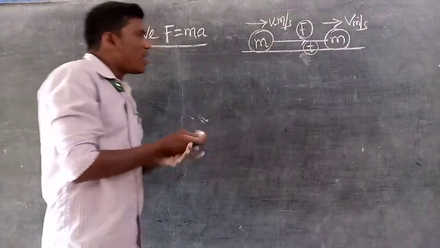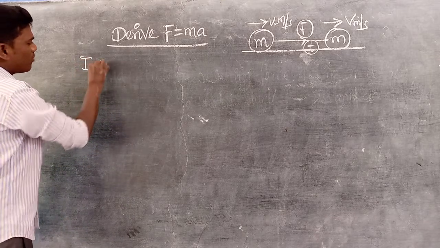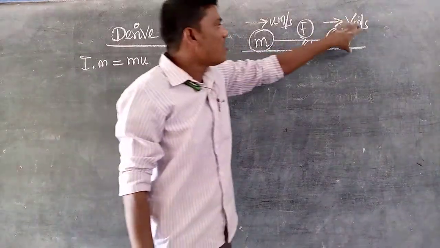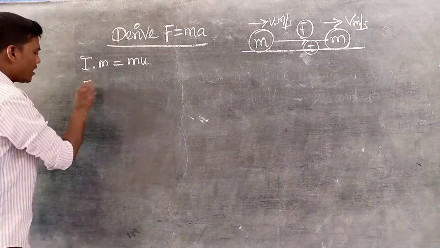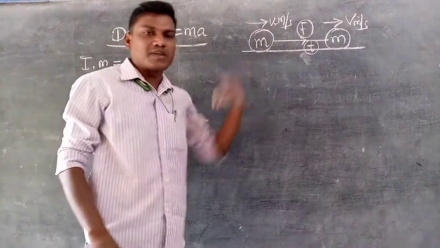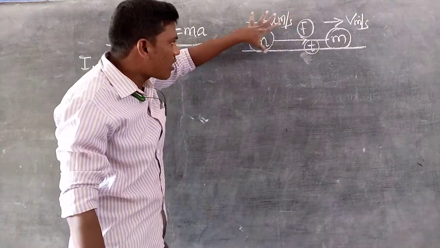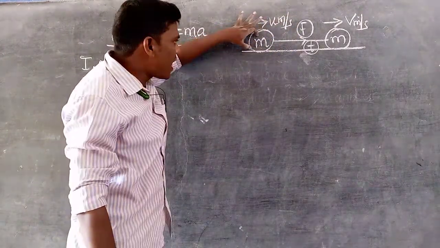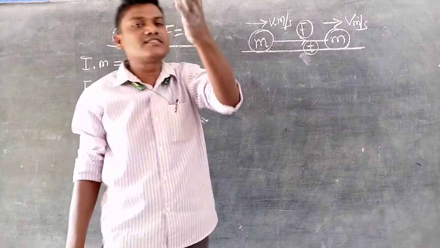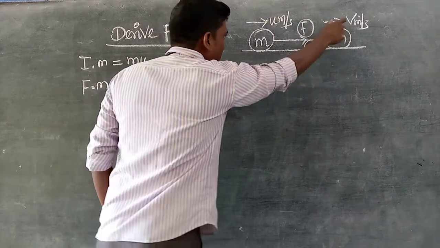According to this, what is the initial momentum of the body? mu. The initial momentum of the body is mu, as I already said very clearly. And what is the final momentum of the body? The final momentum of the body is equal to mv. Initial momentum is before the velocity changes, or before application of the force. The body has mass m and is initially in motion. We know that when a body is in motion, it has momentum. That's why the initial momentum of the body is mu and the final momentum is mv.